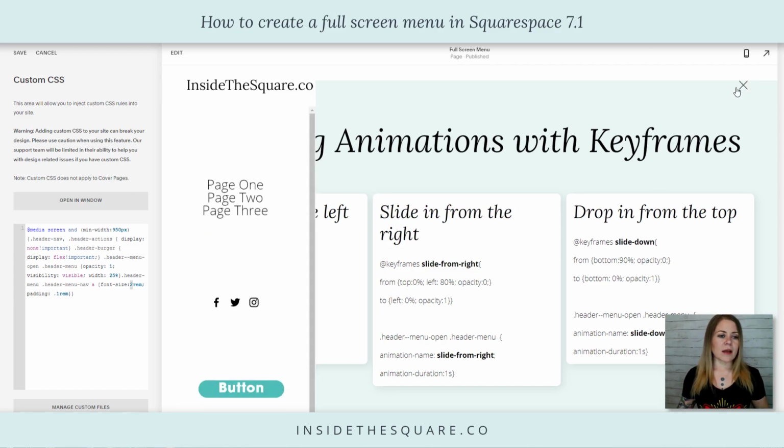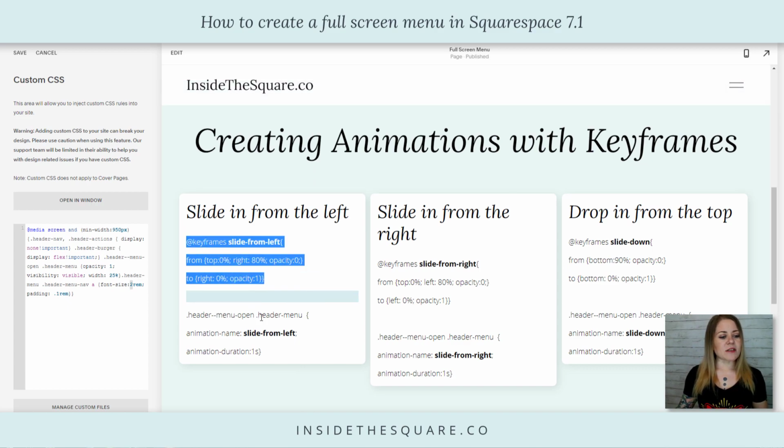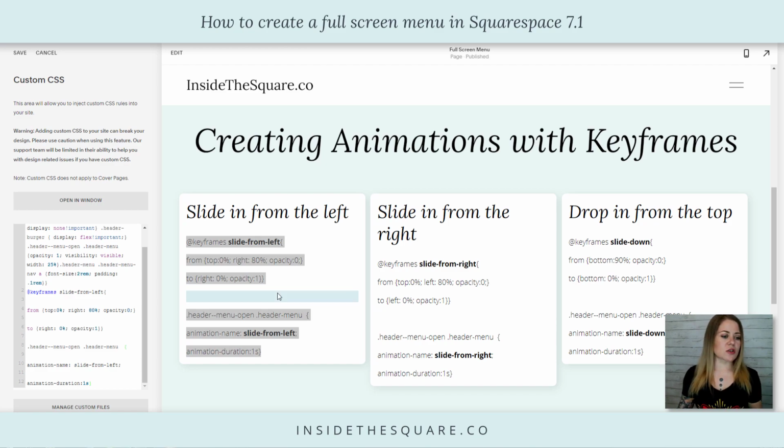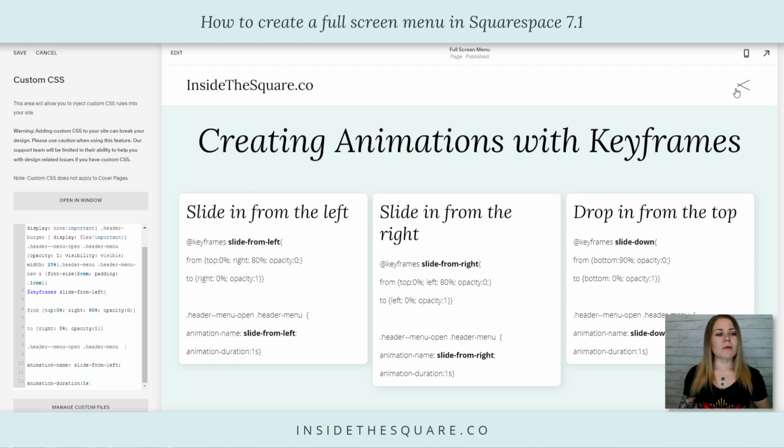Right now, when I click on that menu, you'll see it kind of pulls up a little bit from the bottom. Let's go ahead and add this first one, slide from left. I'll just paste it right here. Again, these codes are in the description below. Now check it out. When we click on that,